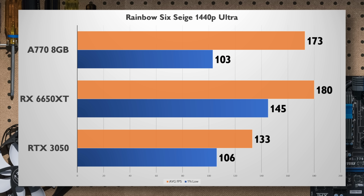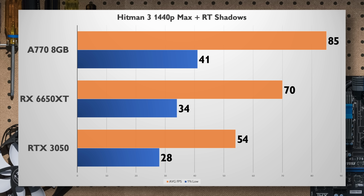The winner was clearly the RX 6650 XT, thanks to those strong 1% lows, which is very important in a competitive game like this. The A770 shows high averages, but drops its 1% lows down to the same levels as the RTX 3050. Hitman 3 is a surprisingly strong showcase for the A770, with it carrying itself very highly on